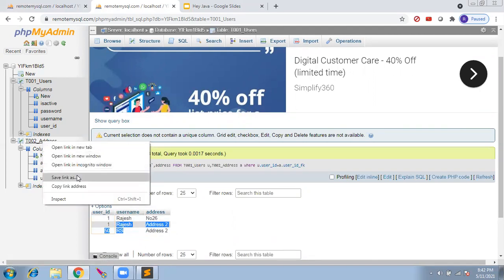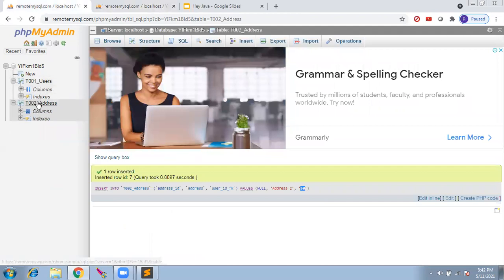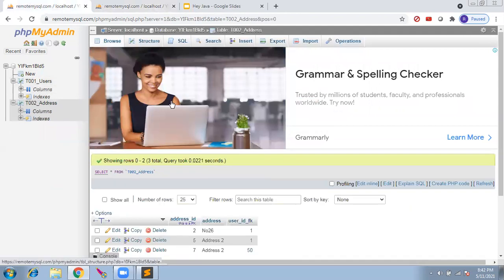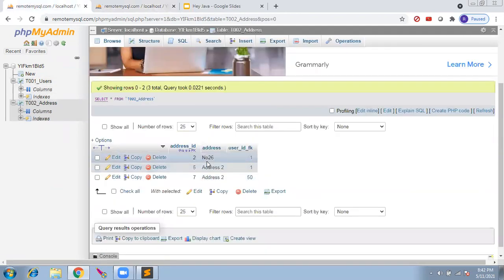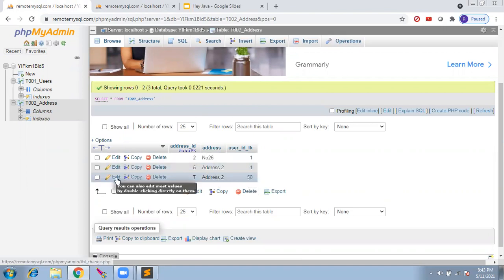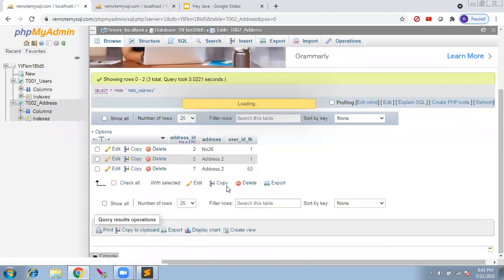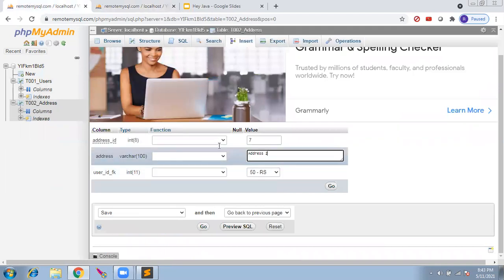If we go to the address table and check whether the data is correct, yes, we have 3 addresses. 2 addresses link to one user, and the other address is linked to a new user. Let us say I'll edit this address of